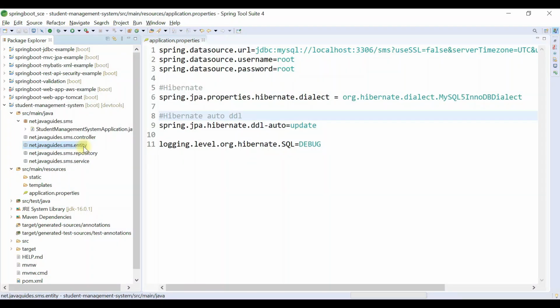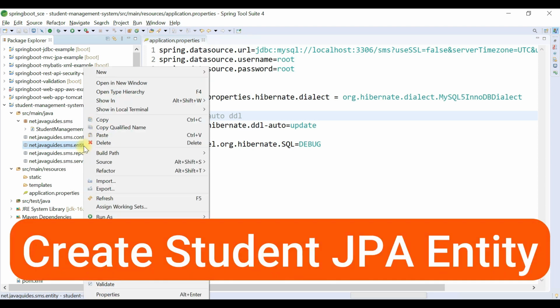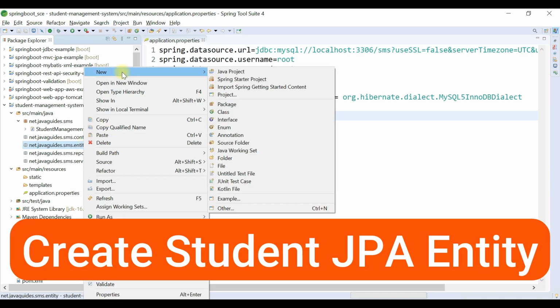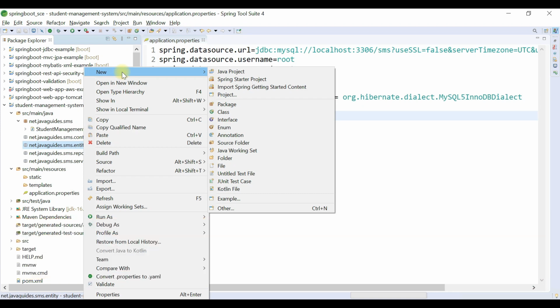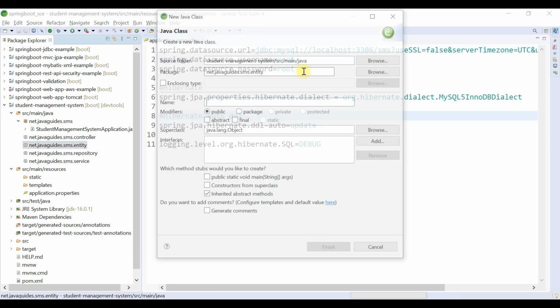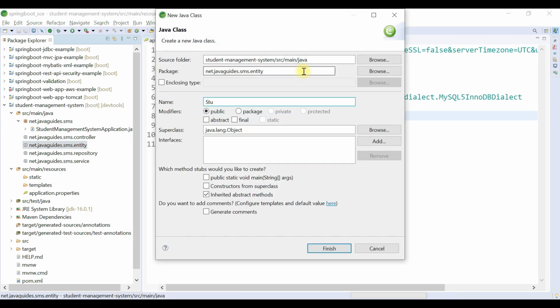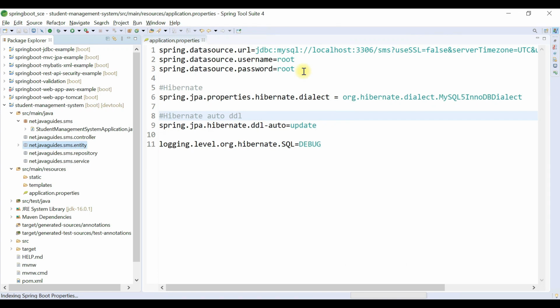So once we configure all the details in the application.properties file, let's go ahead and create a JPA entity for the student management application. So the JPA entity in our case is Student. So right click on the entity package, New, and then choose Class, and let's give the JPA entity name as Student,